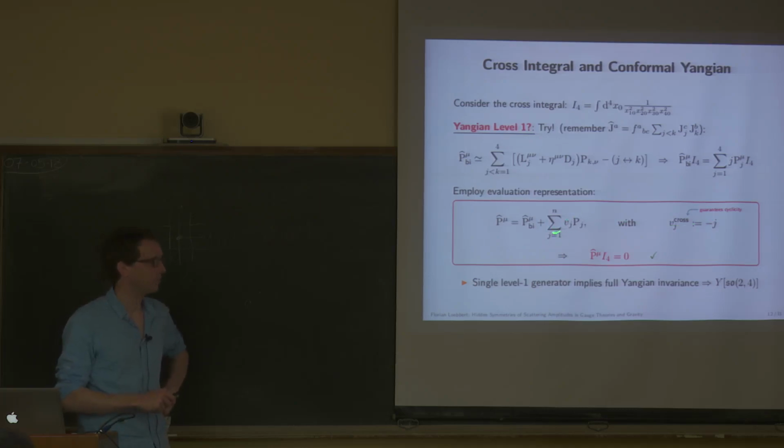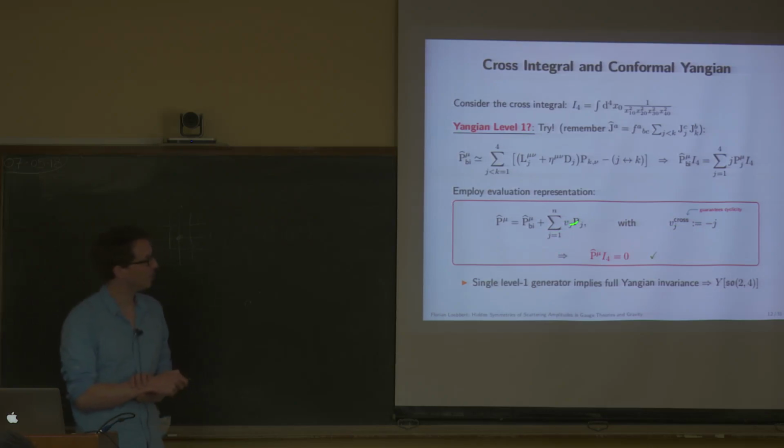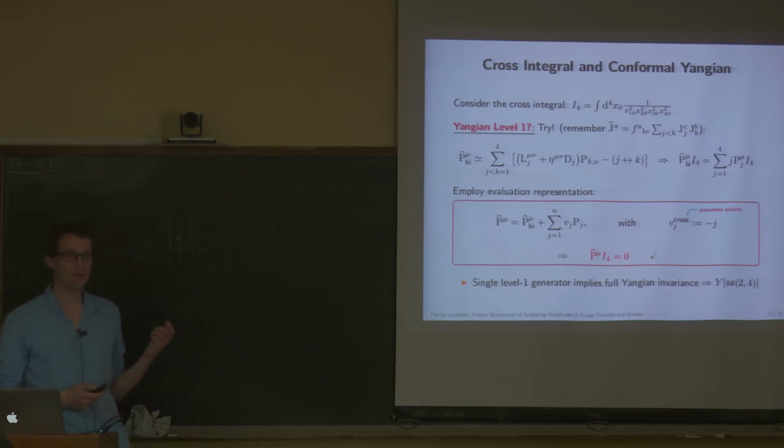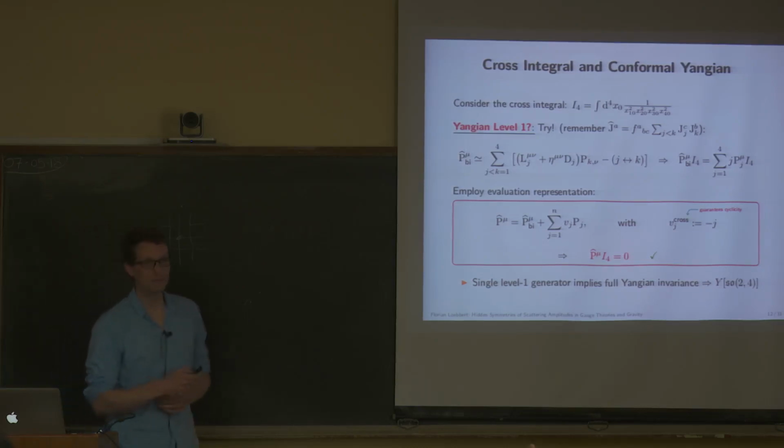Actually, in the context of two-dimensional theories, this Vj will play the role of the rapidity if you look at symmetries of the 2D S matrix. But here I have to choose this particular integer values to find invariance of this cross integral. And so is that comment important? It guarantees cyclicity. If it is not cyclic, was